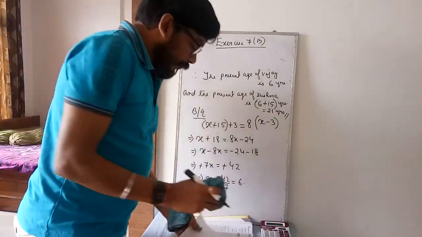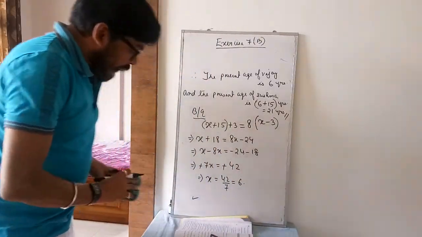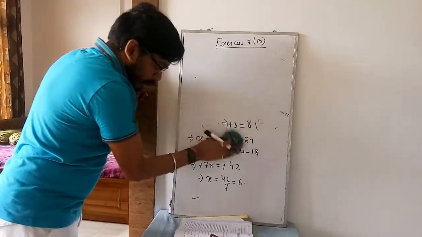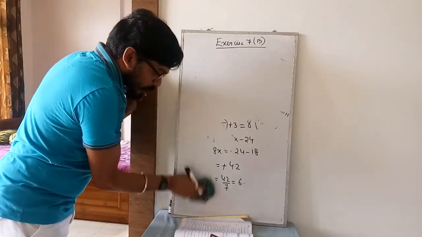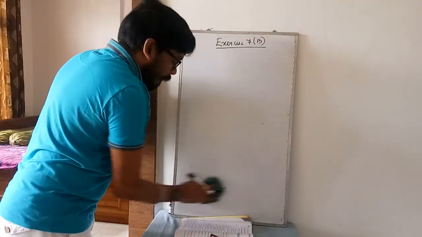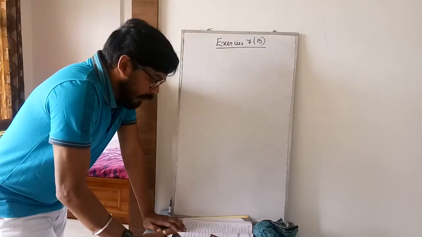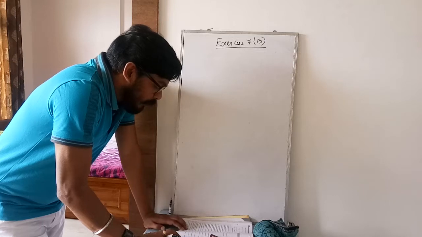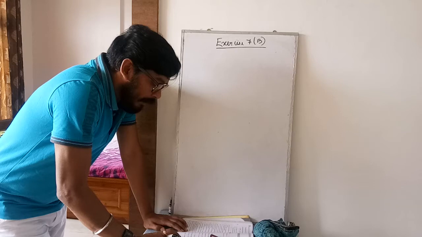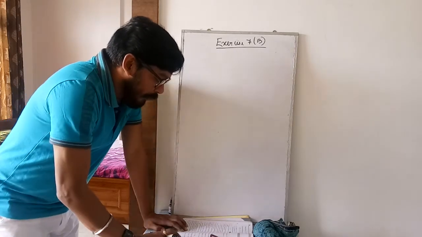Now see what you will do. Next question is also the sum of age. They have said here Sanjay is now 1 by 2 as old as his brother, means half of his brother. So here Sanjay is small, his younger brother. Sanjay is now half as old as his brother. In 6 more years he will be 3 by 5 as old as his brother then. What is the present age of each one?